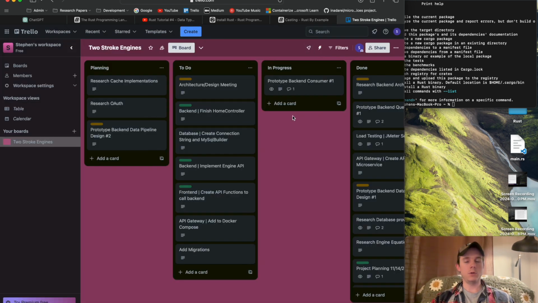I do have to update my architecture diagram to include a Rust microservice, or at least a prototype of that. I'll probably do that tonight and then update it tomorrow, at least just a rough diagram of how I think it's going to work out. I'll report on that tomorrow, and I'll try to get my Rust microservice to a place where I can at least connect to my RabbitMQ server and begin to experiment with processing the messages very quickly, because that's all I've been reading about, is how fast the language executes. So I'm hoping to